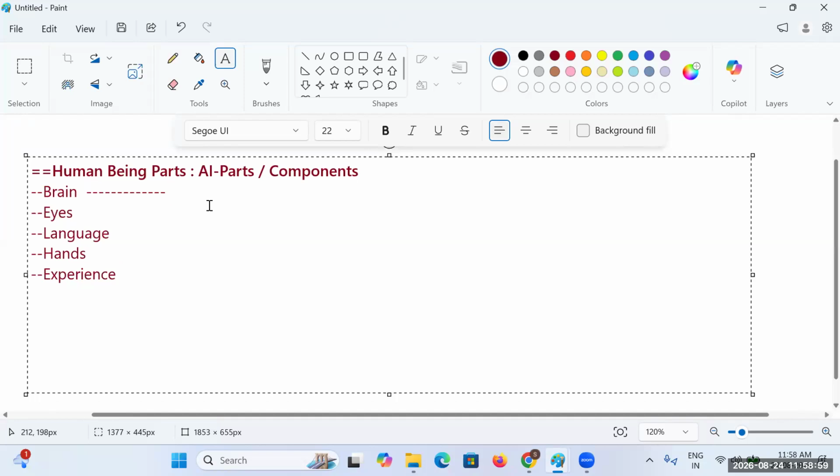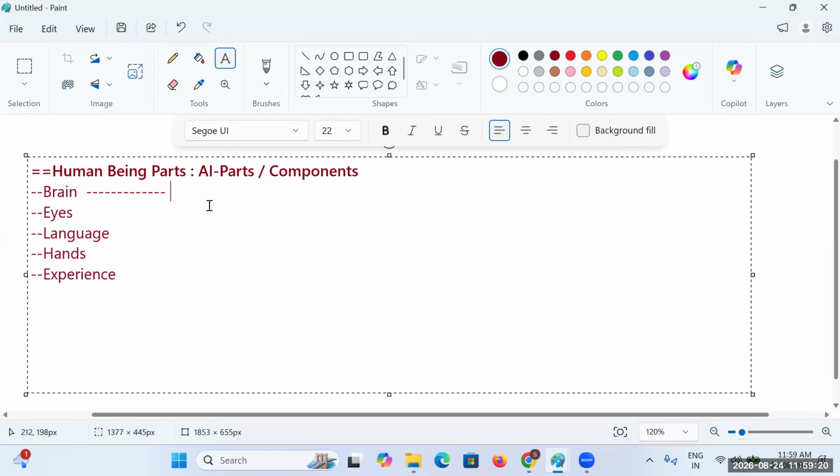Now, see that in a human body, the brain is the most important. So how exactly is the brain important, and what exactly has the brain been doing?